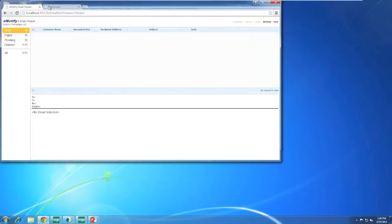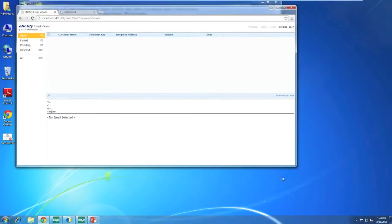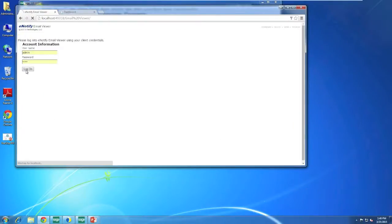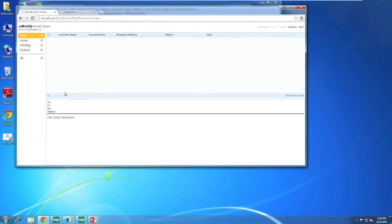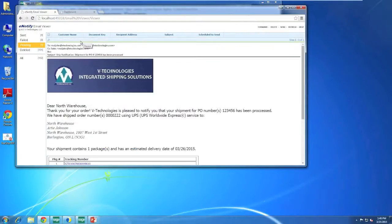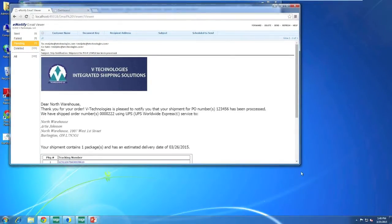Another software that's included with Starship is our eNotify software. Make this a little bit bigger. Refresh this. Log back in here. And what eNotify is, I can set up unlimited templates. Just a way of getting your company brand information out there. There's the quantum view inside that UPS sends, but we offer this software where I can set up unlimited templates, put my logo out there,